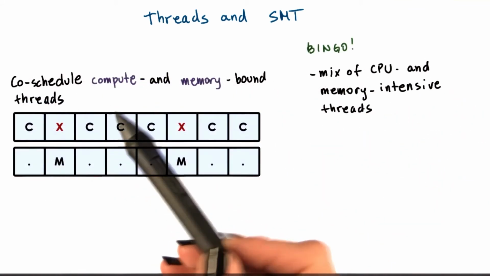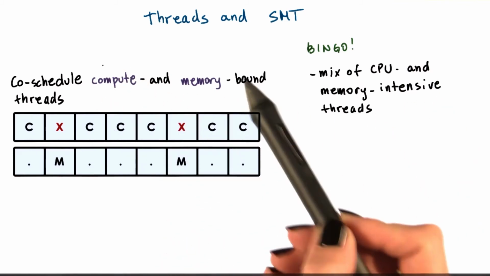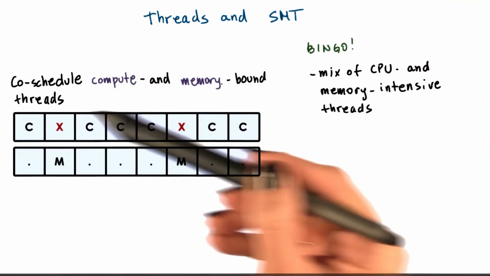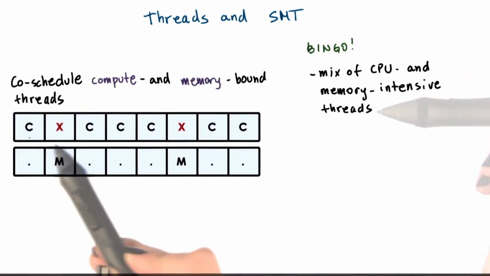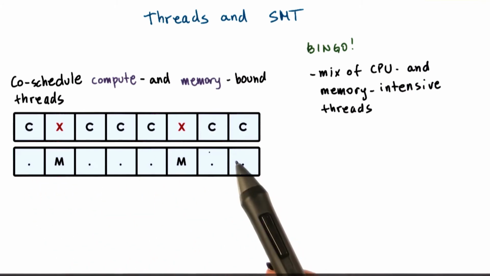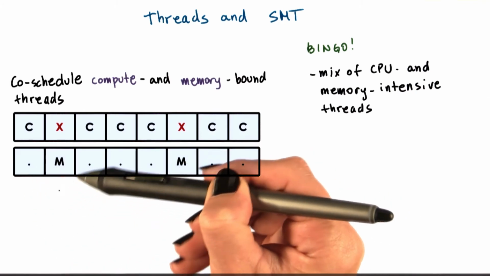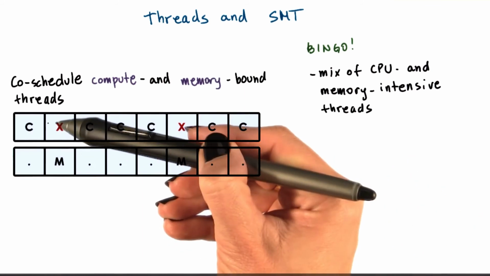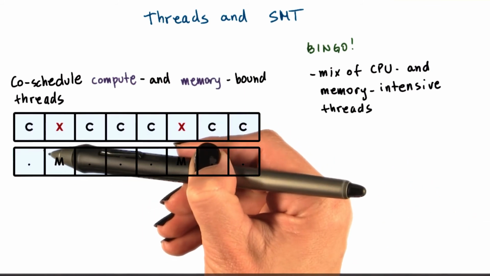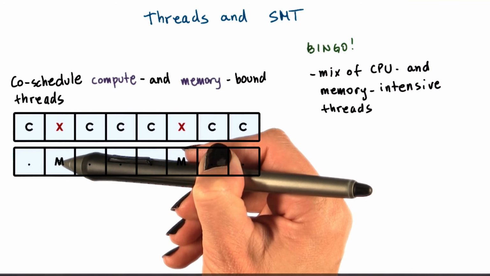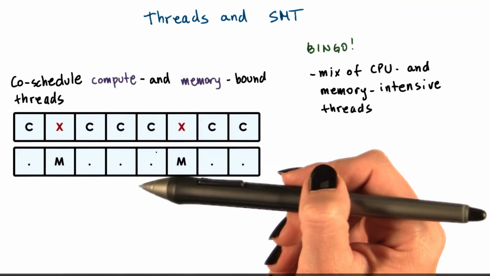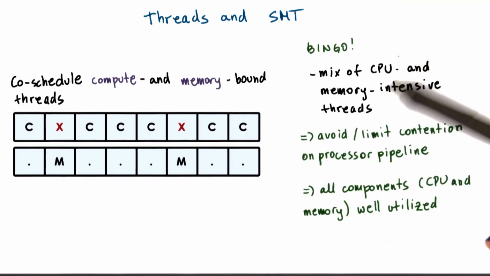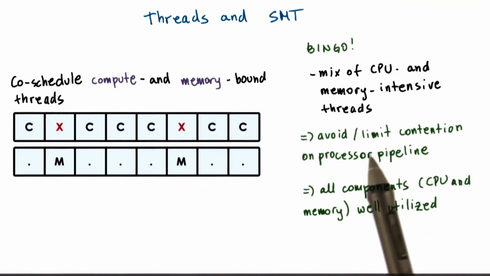So then our final option is to consider mixing some CPU and memory-intensive threads. And then if we see, we end up with the desired schedule. It's bingo. We end up fully utilizing each processor cycle. And then whenever there is a thread that needs to perform a memory reference, we context switch to that thread in hardware. The thread issues the memory reference, and then we context switch back to the CPU-intensive thread until the